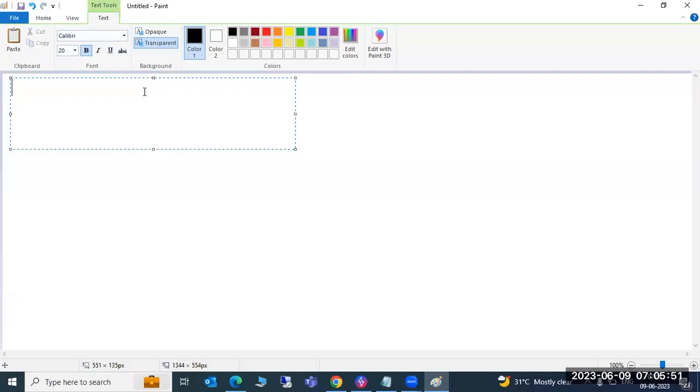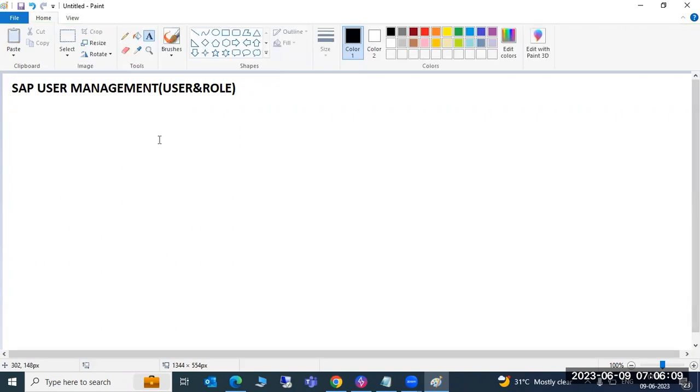So here in our discussion today, we are going to discuss SAP user management. It will cover user creation and role creation, how to check authorization errors, and some basic troubleshooting, like basic security related work. But previously,